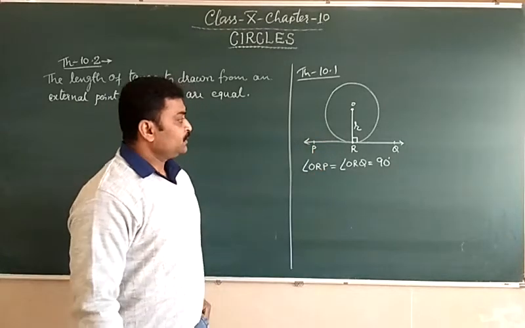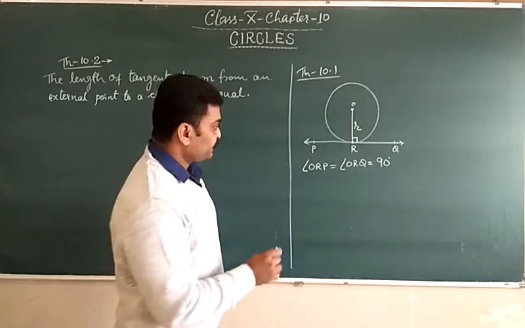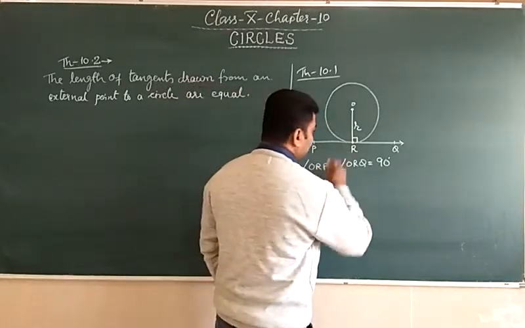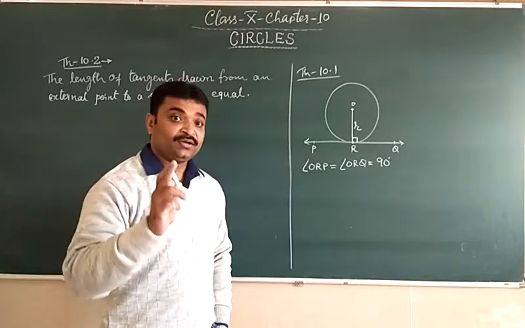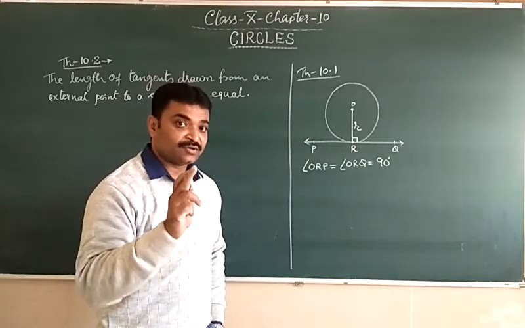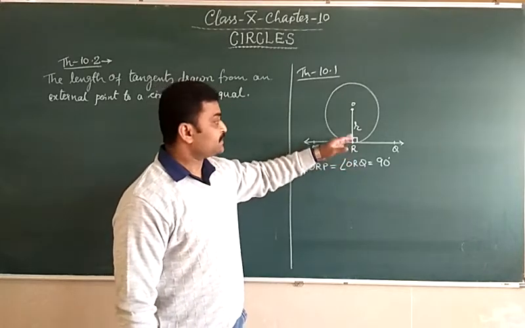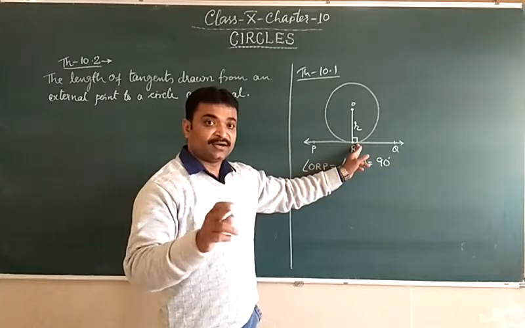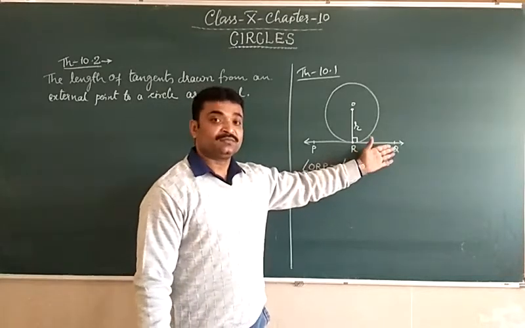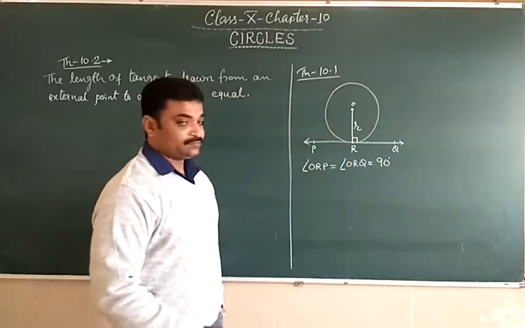Clear? From this theorem, we can conclude that there can be one and only one tangent drawn at a point of a circle. एक सर्किल के किसी भी एक पॉइंट से वन एंड ओनली वन टैंजेंट हम ड्रॉ कर सकते हैं. क्लियर? Second thing,